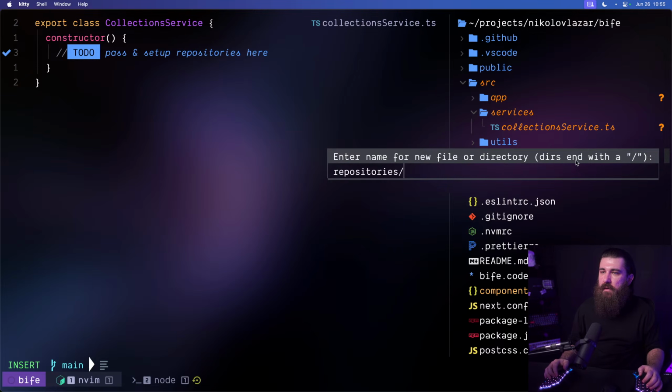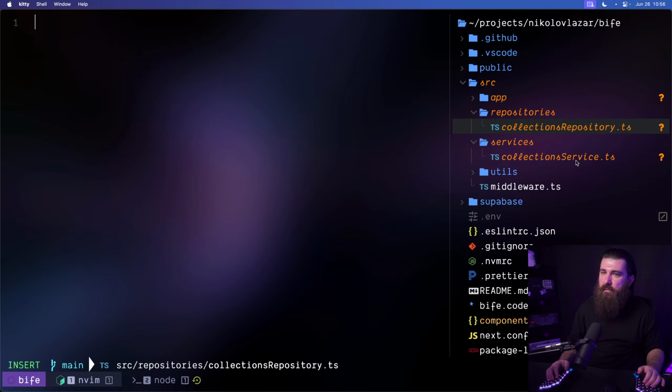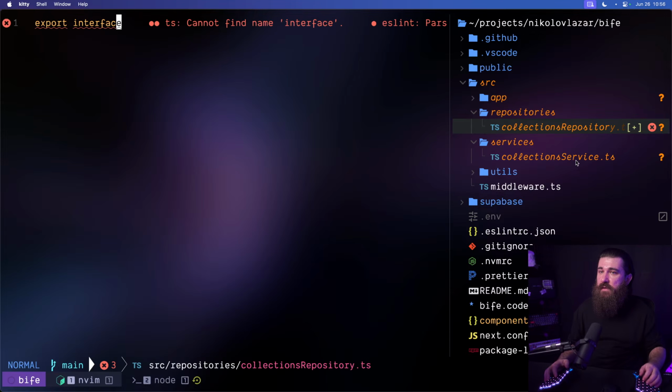And let's do collections repository.ts. And the collections repository, first we need an interface because we're going to swap out the repositories, and the collection service is going to reference the interface, but not the implementation. So first we need an interface, and that interface needs to be outside